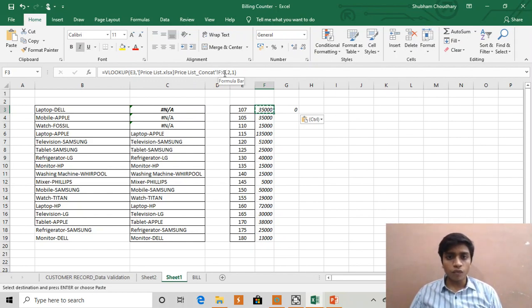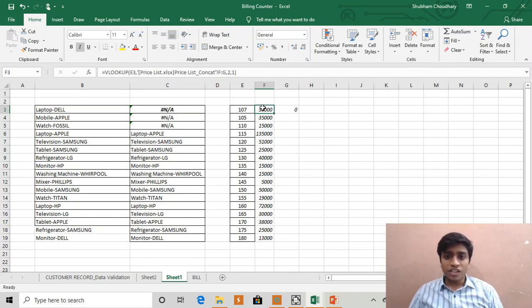If we do not lock them and we copy them to any other cell like we did right now, see the reference automatically got changed. Here it was E3, in the new copied cell it became F3. Similarly, the columns of table array F and G are automatically changed to G and H. Means everything has shifted by one column just because we copied one column ahead.